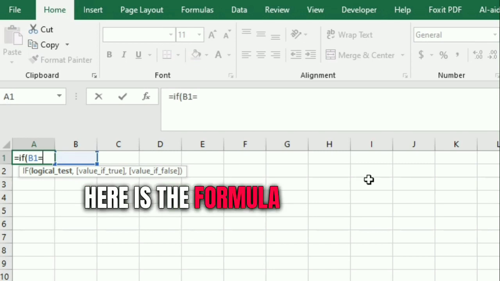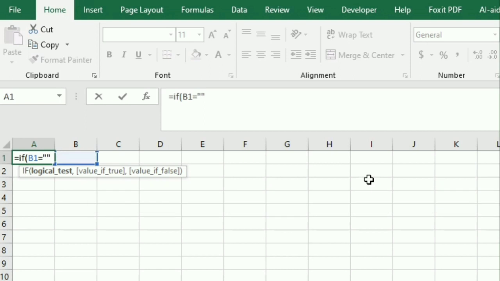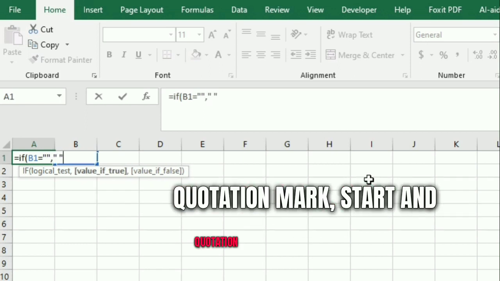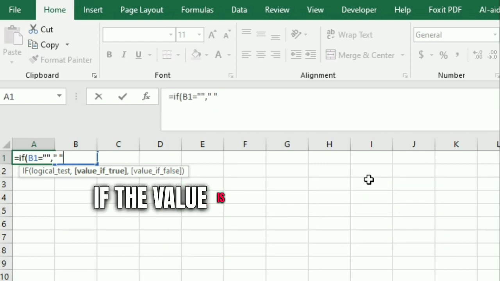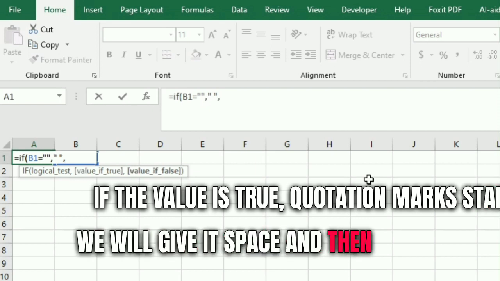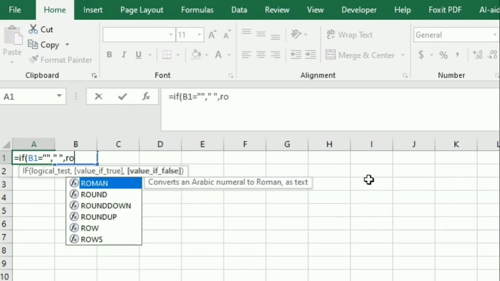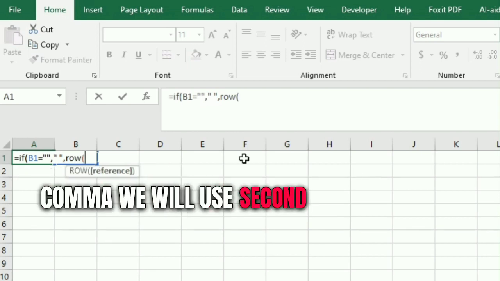Here is the IF formula. We will add equals IF B1 equals quotation mark start and quotation mark end, comma. If the value is true, quotation mark start, we will give it a space and then quotation mark close, comma. We will use the second formula, ROW,